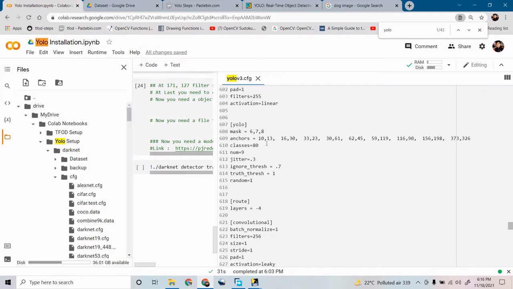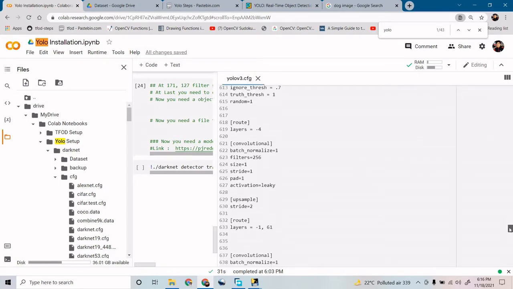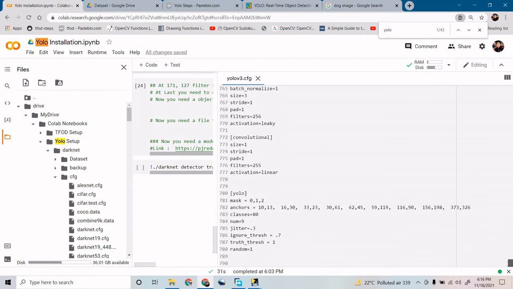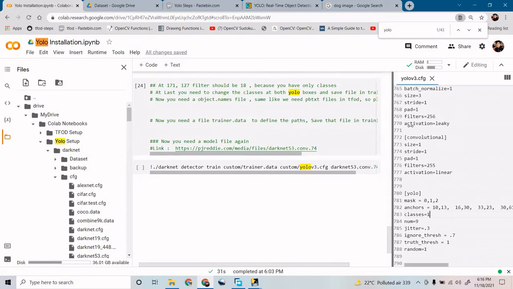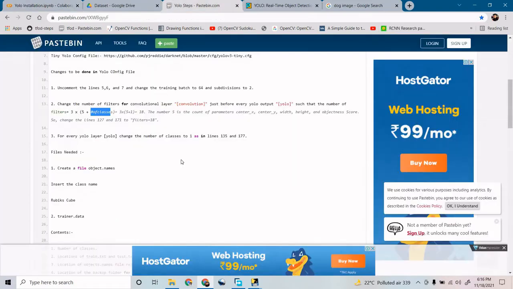You need to change classes as well. You have only one class right now. So YOLO should be there at last, and 1, because you have only one class. And you need to change your filter size. Where do you need to change it? Number of classes as 1, right? I have done that.